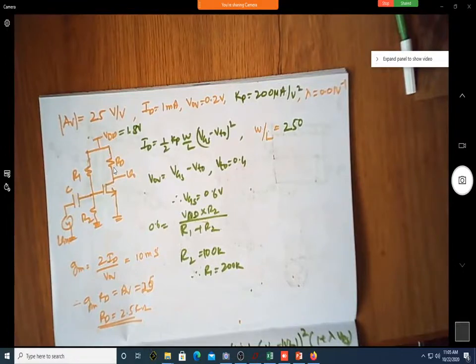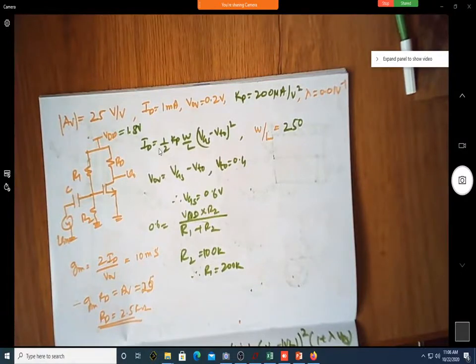If you can see, I'm putting RD here, R1, R2, there's a coupling capacitor, input voltage applied here. Whenever I want to design anything, first thing is I have to find what is W by L. So I should know what is VGS, so I should know what is RD. So let us do that. We know that we need to operate the MOSFET in saturation region so that it can act like an amplifier. So that's why I'm writing the expression for ID in saturation.